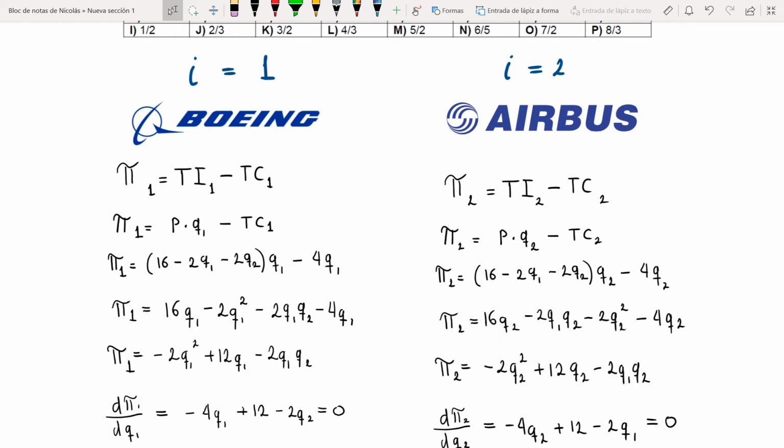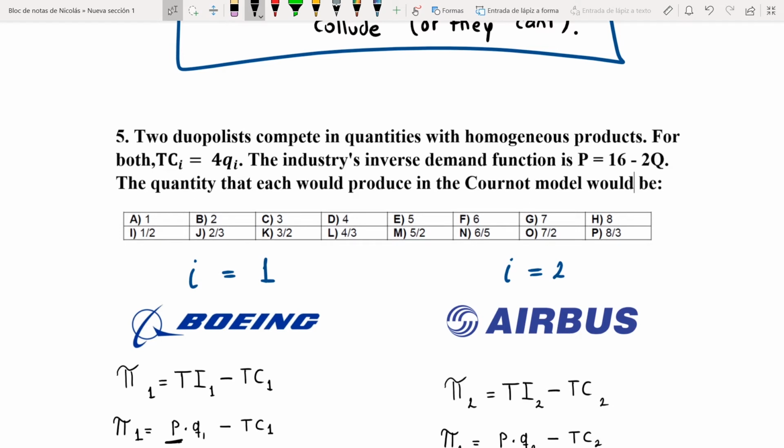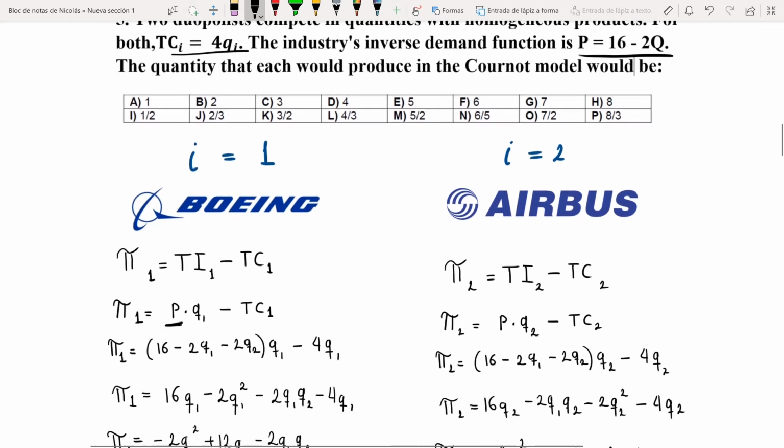We know that total income is price times the quantity, minus total costs. We know that price is given in the problem as the inverse demand function, and total costs is given right here in the problem again. So in this case we will just replace both of them